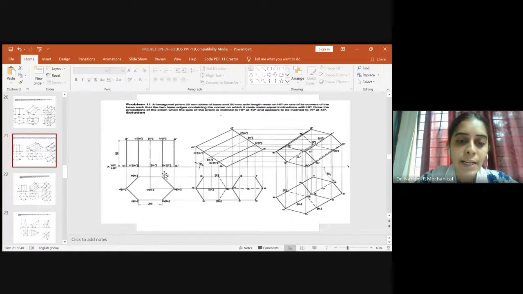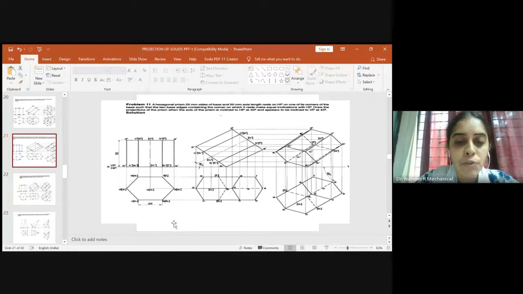So this B1 and F1 will come along the same line. And hence when the observer views from here, B1 will be visible and F1 will not be visible. And hence you will write B1 dash outside the bracket and F1 dash within the bracket. And here in the corner you have last, which is A1 mentioned.